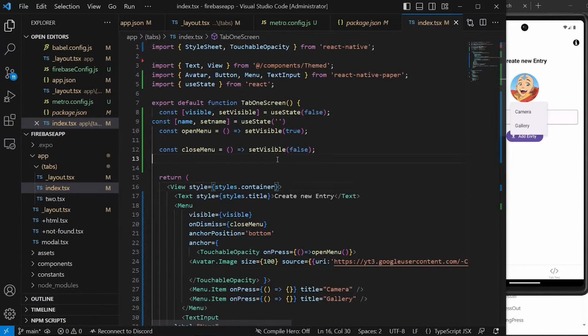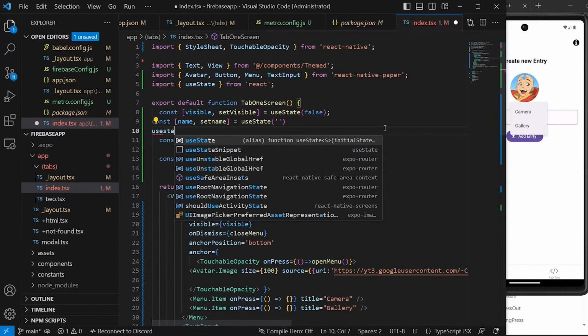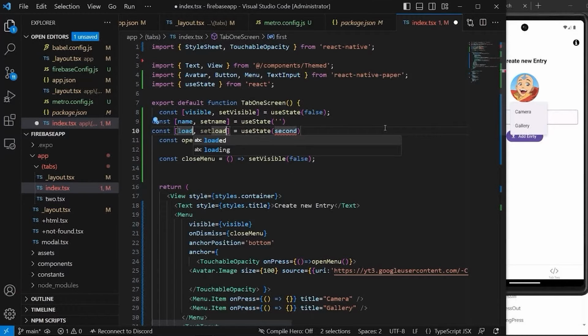So for that, let's just declare a few fields. We'll also use loading so that it should not go for double entry in the database. So let's declare a state as loading. Let's set it to false initially,